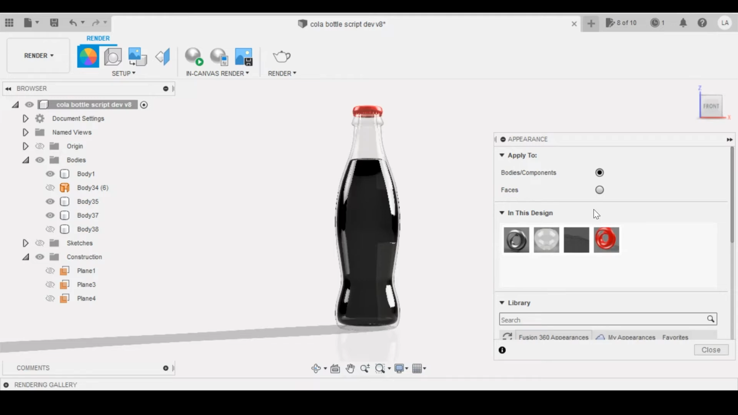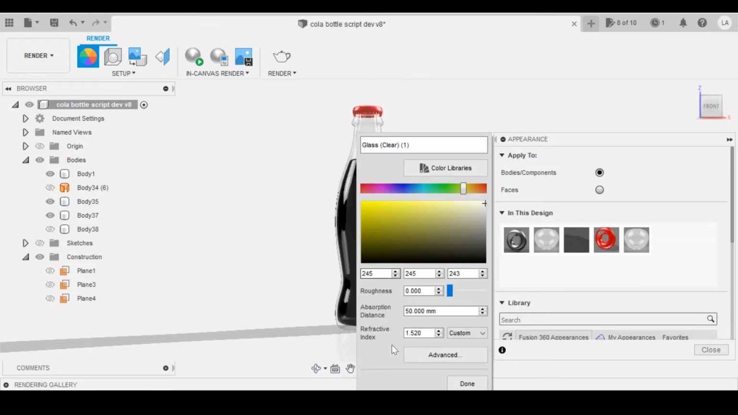Next, we need to delve a bit deeper into just modifying the glass material. At the minute, it's just got a basic glass texture material all over the bottle, but what we want to do is apply a condensation pattern and texture to the outer surfaces of the bottle, and to do this we're going to have to duplicate this material. So if you right click on the glass material and hit duplicate, then right click on that and edit, and you'll see there's an advanced tab down here. So if you click that,